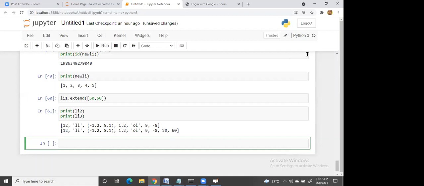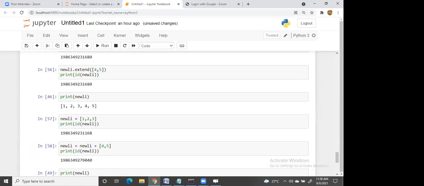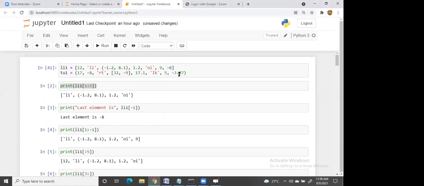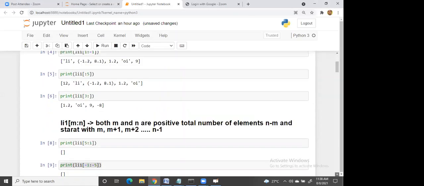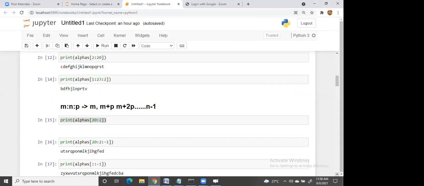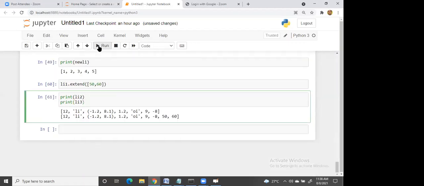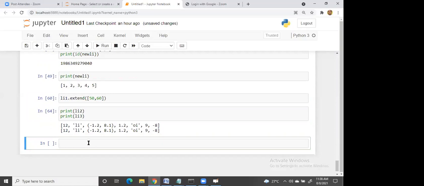Now, another question. Let me re-execute those Li1, Li2, and Li3. I execute Li1. And then I execute this. Right now, both are same. Okay. Now I say Li1 equal to Li1 plus